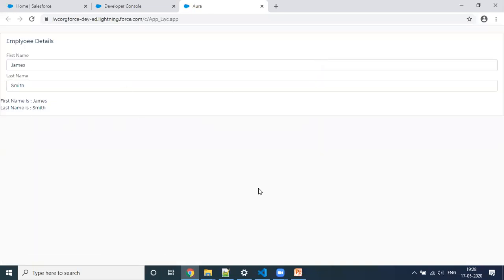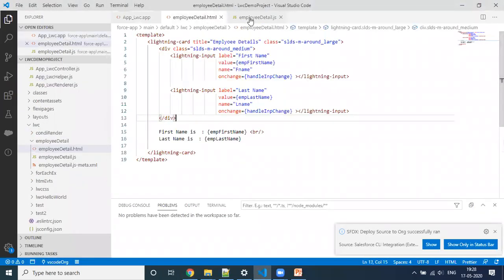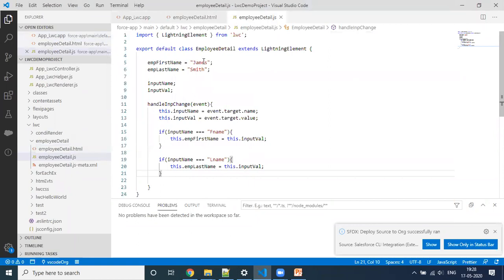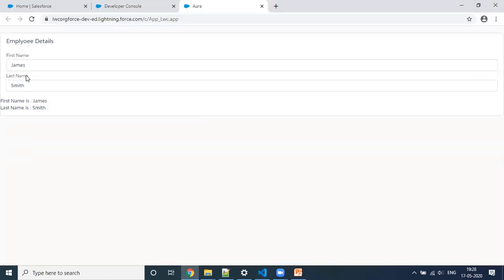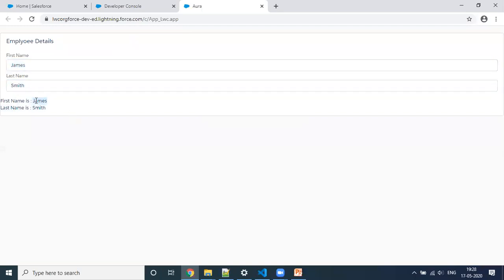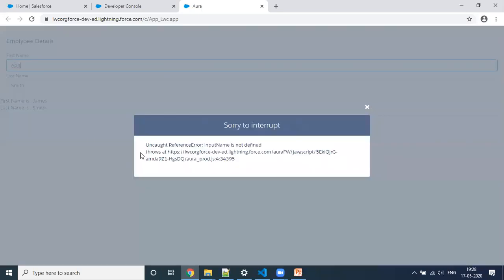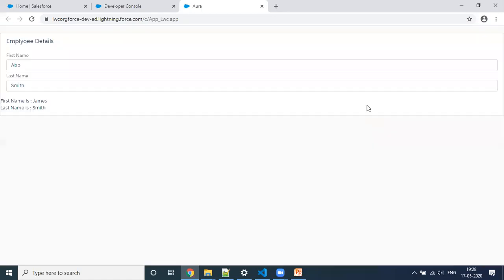And here you can see the default value which we gave was James for first name, and for last name it was Smith. The same default name is displaying here, first name James, last name Smith. Now let me give some name. Okay, we are getting an error: input name is not defined.